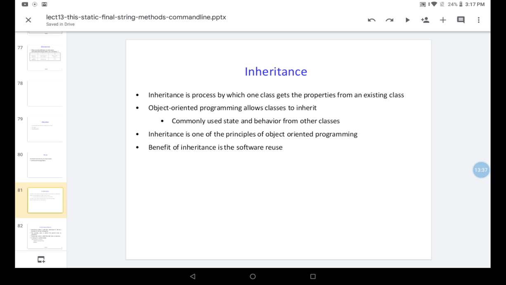It saves a lot of time and memory. These are the main advantages of inheritance, that means reusability of the code. We can use the code again and again wherever it is required.